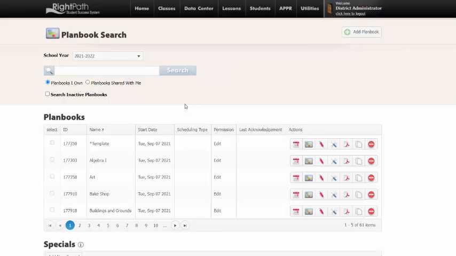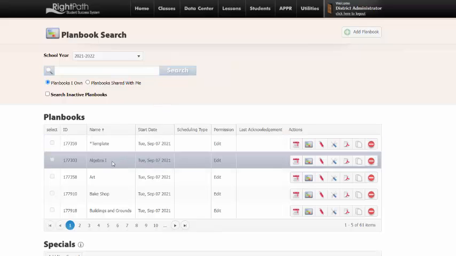If you've copied one of those unit plans to your account, they would be found under Plan Books I Own. The district has shared all of your plan books with you, so you'll select Plan Books Shared with Me. Once you find a plan book that you'd like to view, you're going to go to that plan book down here in the search,